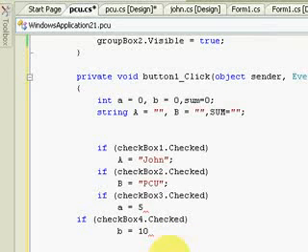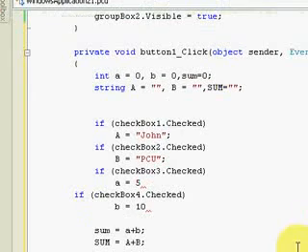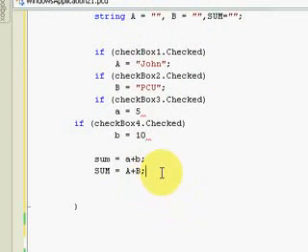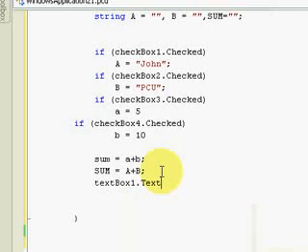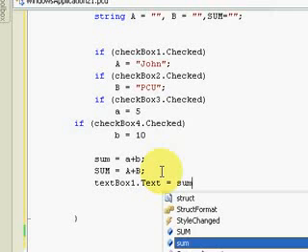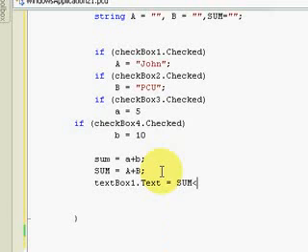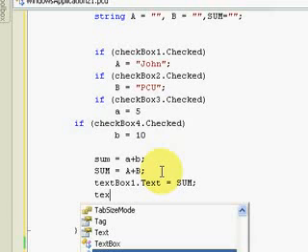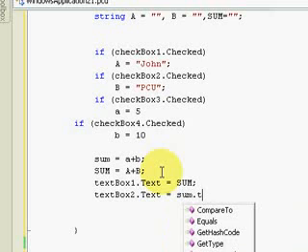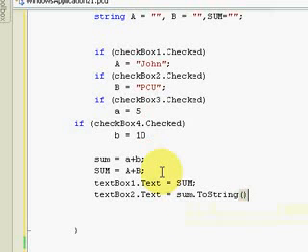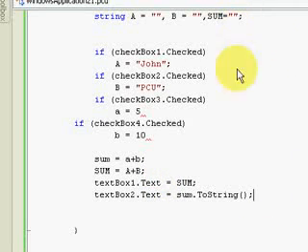Now we're going to display the output. We're going to display the output of this on the text box, so we declare textBox1 dot Text is equal to Sum, which is the string, or the big letter in the string. Then textBox2 dot Text is equal to sum dot ToString because that is a number or integer. So we're going to convert it into string. Now we're going to debug it.